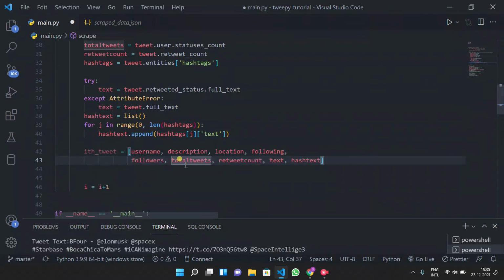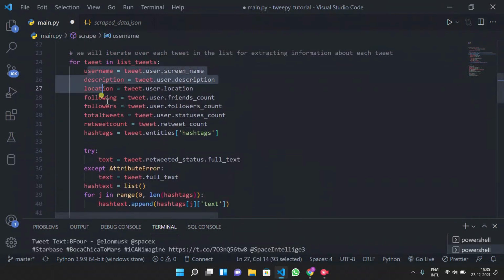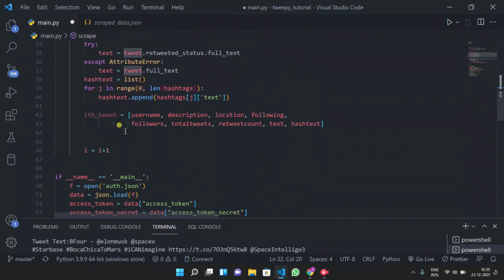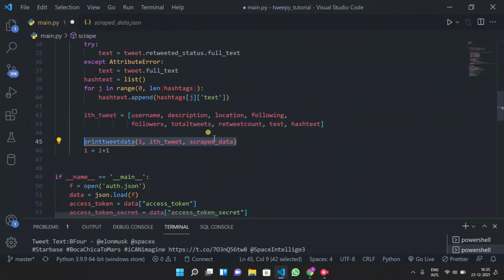Now as we have got all this information from the tweet, we just need to print it. So we will store that in a list, and then we will just print that tweet.